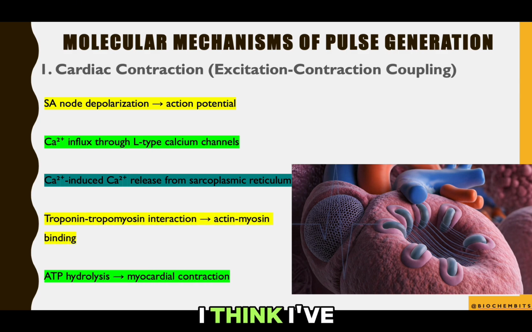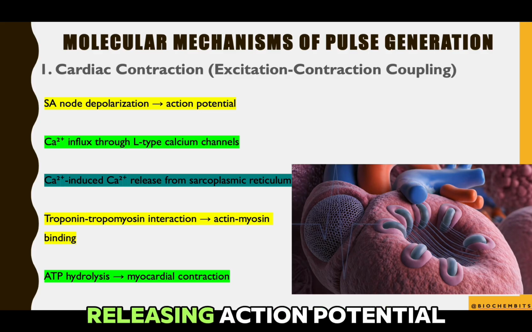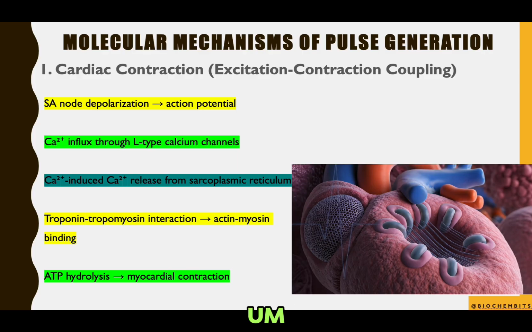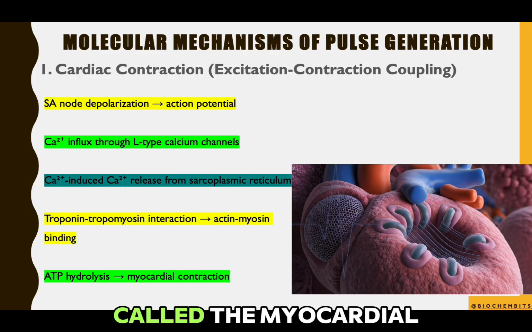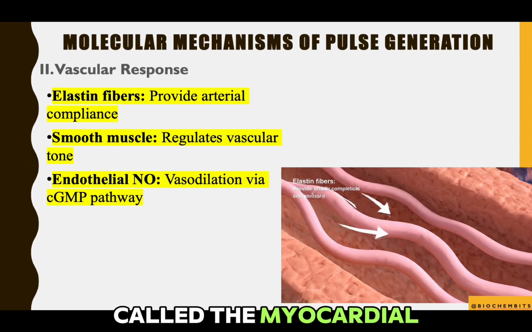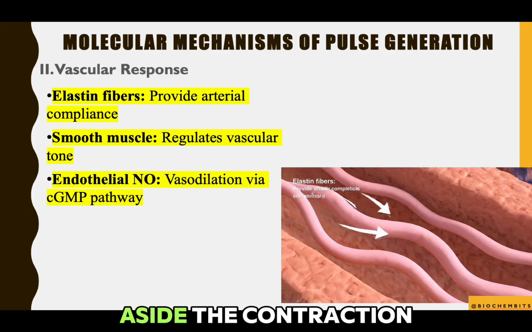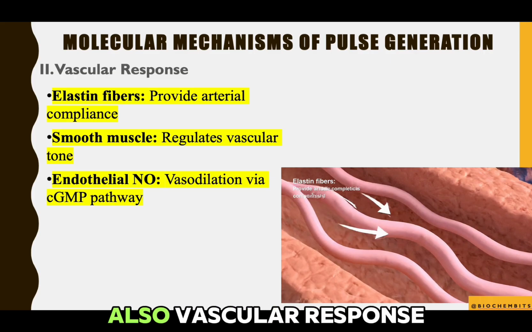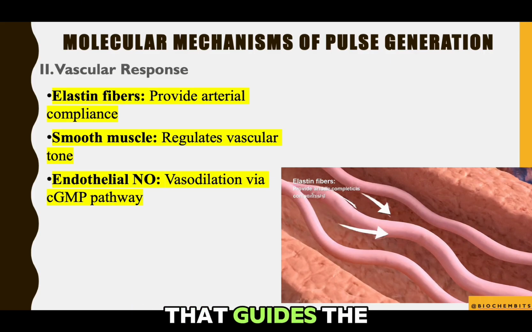So I think I've been able to just break this down. We have first the SA node depolarization, releasing action potential, then second, the ATP hydrolysis, and this is usually called the myocardial contraction. Now, aside from the contraction process, there is usually also a vascular response, which is another mechanism that guides the pulse